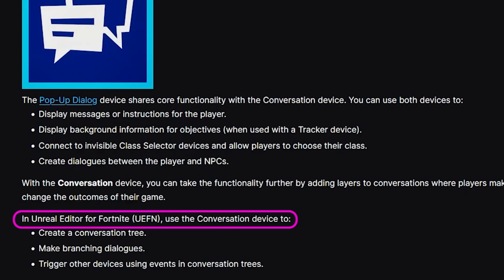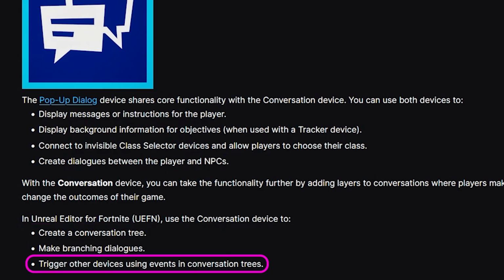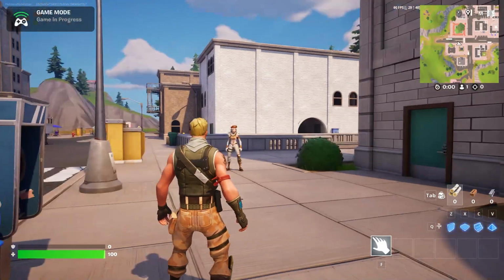The three core main things we're going to learn about is using the conversation device to create a conversation tree, make branching dialogues, and trigger other devices using events in the conversation trees. Before we go finding and using the device, let's get our project and story set up and ready to go for learning. By the end of this lesson, you're going to know how to